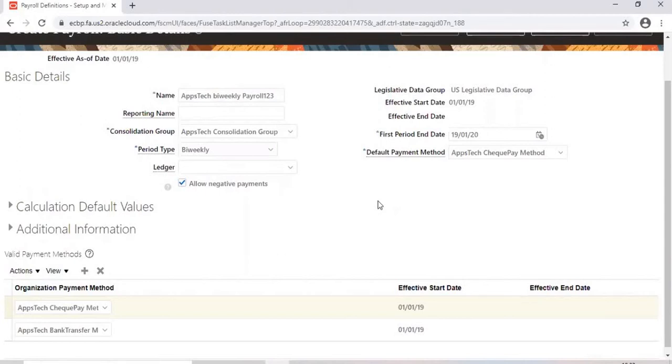Yes. In consolidation group, you have four types. No, there are no types in consolidation group. Remember, consolidation group is just one group under which you are grouping your payrolls under one name. That's it. So this is only used for reporting purposes to build the reports.